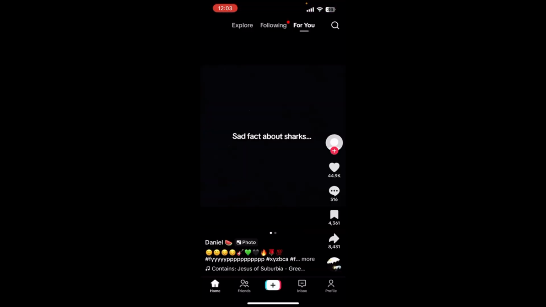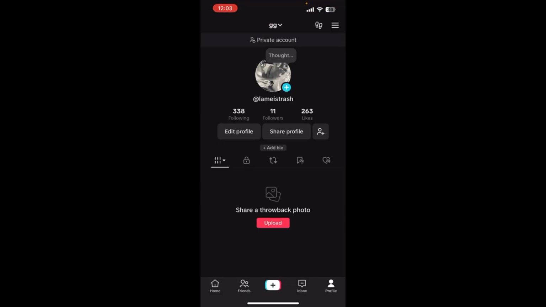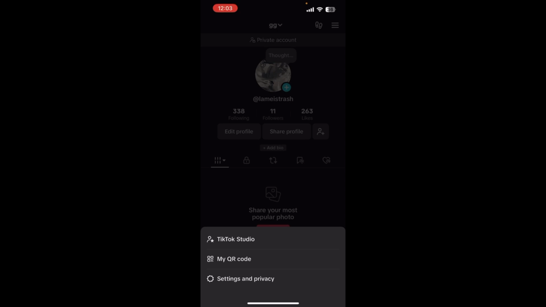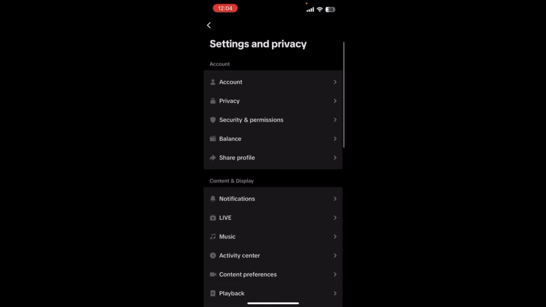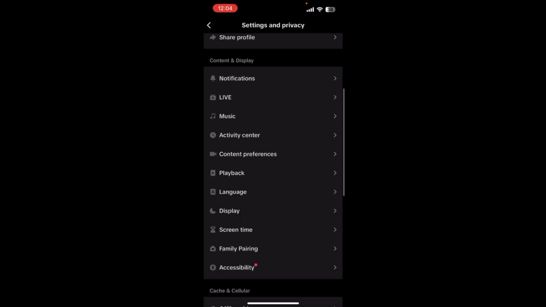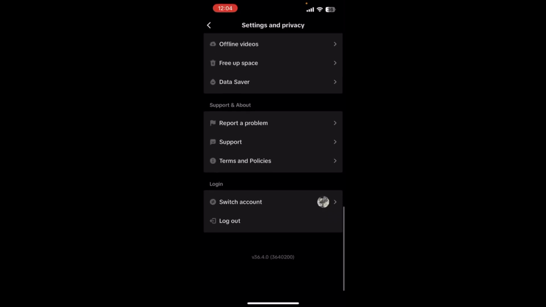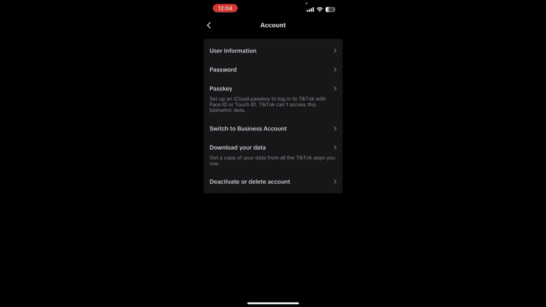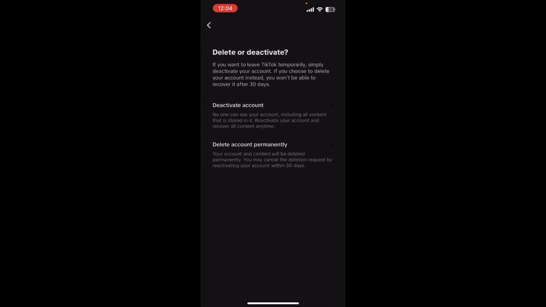Just go ahead and tap on profile, and once you're here, just look at the top right corner where you can see this 3-lined button. Tap here and you can see options like TikTok Studio, My QR Code, and settings and privacy. Tap on settings and you'll see options like account, content display, cache, and many more. We just need to tap on account, and finally at the bottom you can find the option that says deactivate or delete account. So tap here, wait for it to load, and there you go, you have this deactivate account